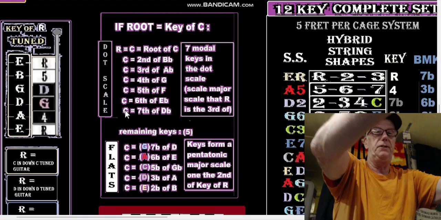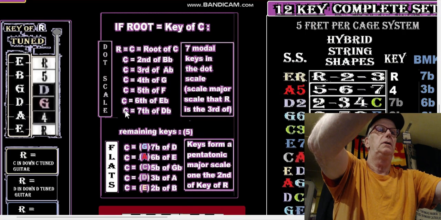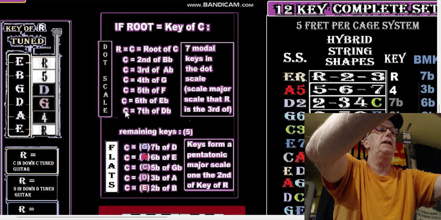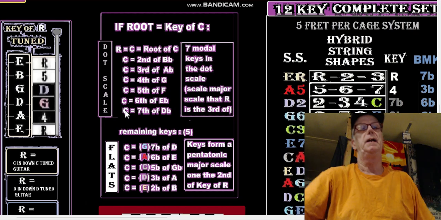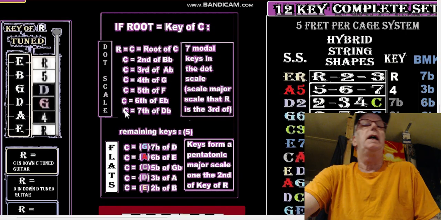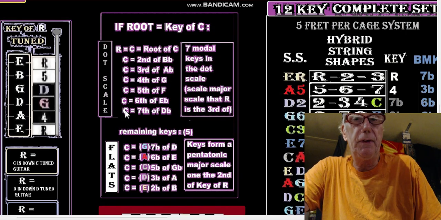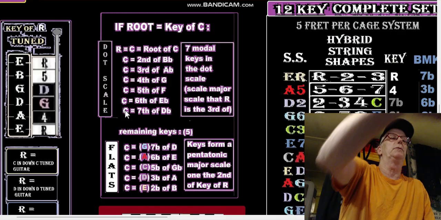the seventh of D flat, the sixth of E flat, the fifth of F, the fourth of G, all right, and the third of A flat. That's the dot scale. Now, the flats at that point, we're looking at C now,